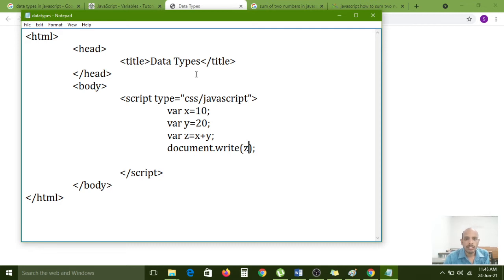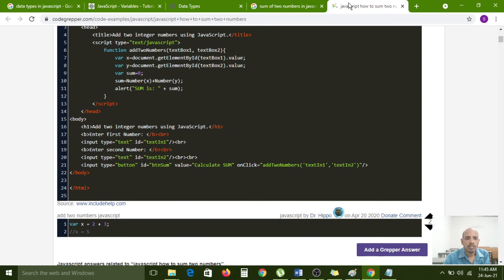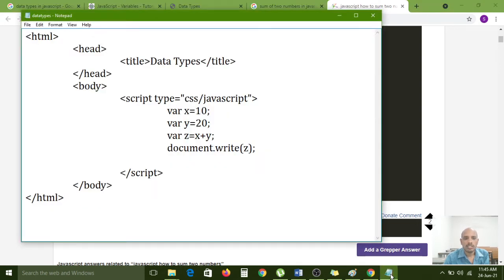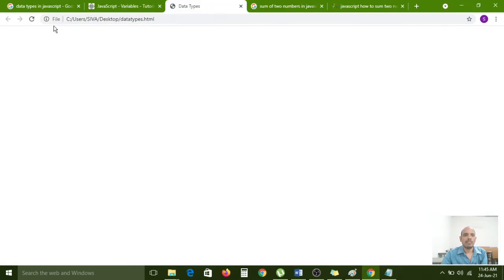JavaScript type equal to, sorry, text. You have placed CSS. Sorry, this is my mistake, right? Now I am saving again. Now I am refreshing the page.